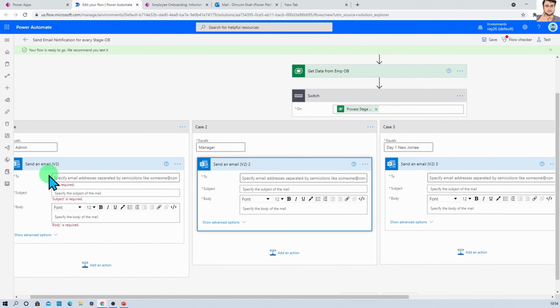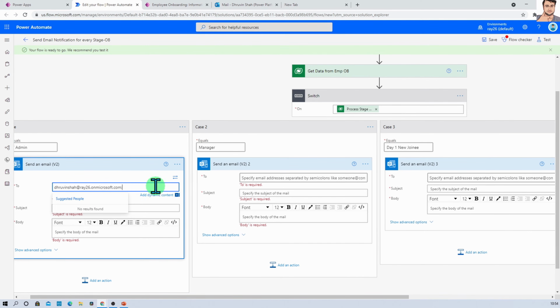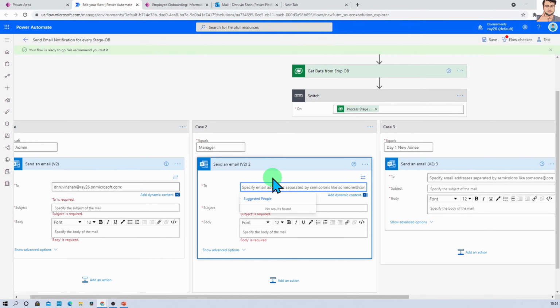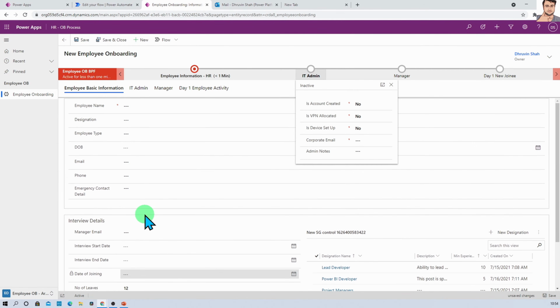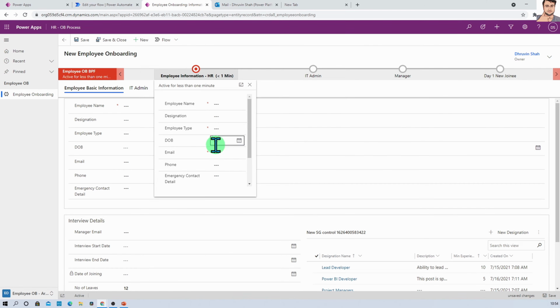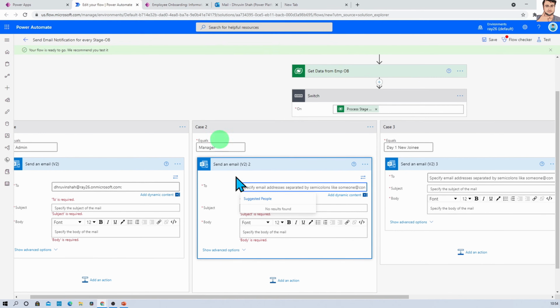Now we need to specify the To address. So over here I am passing the static email address as my own email address at this moment, but you can set that value dynamically, like if you already know who is the manager, because manager field is something which we are accepting into this particular form, right? In the first stage we are entering the manager email, so you can also take that value from here.